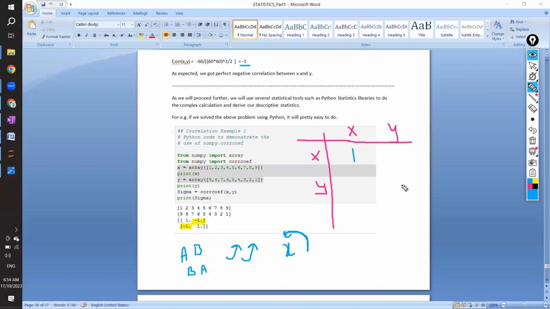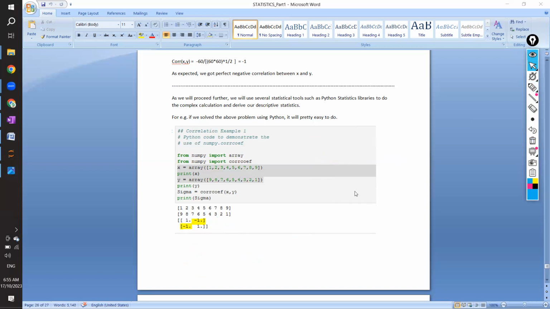You have xx -1, yy -1, xy -1, yy, yx -1. So that is the matrix it is showing over here. Is this matrix clear, guys? Yes, sir. Clear. Okay, fine. So now